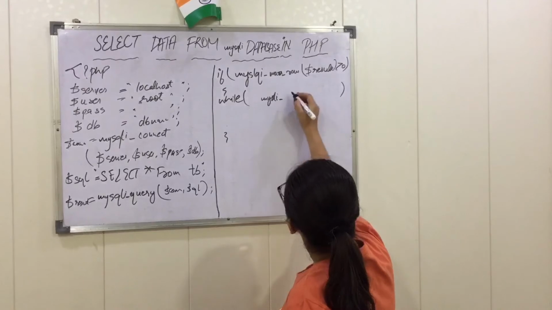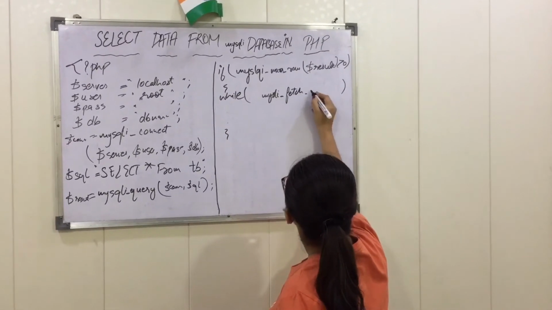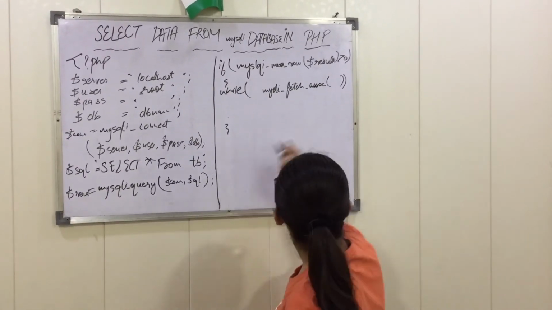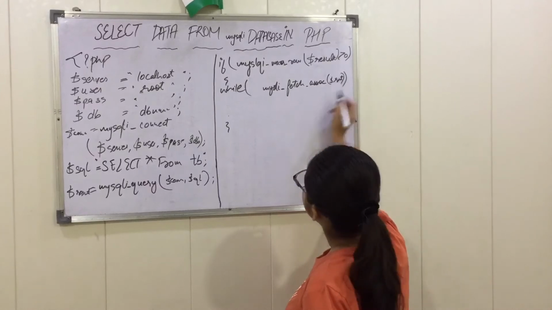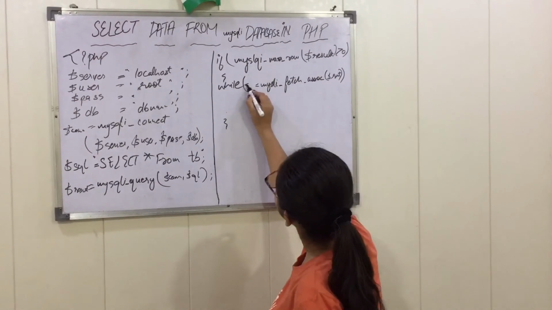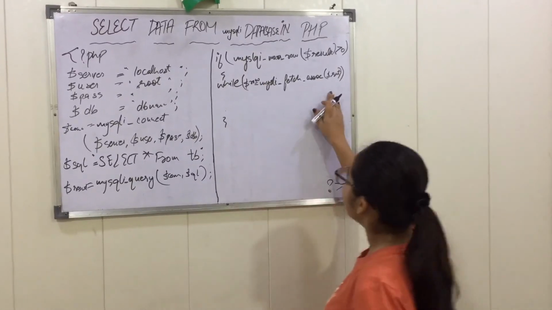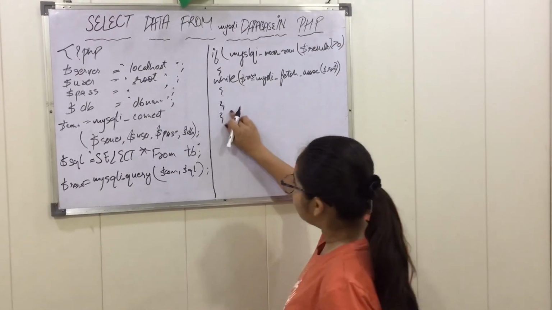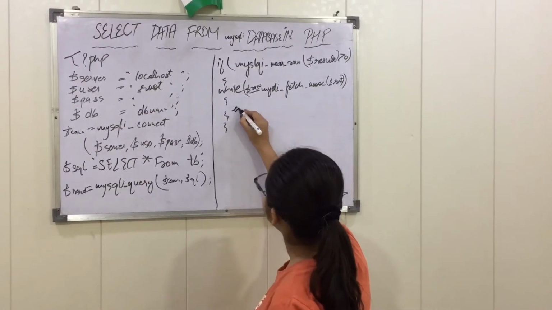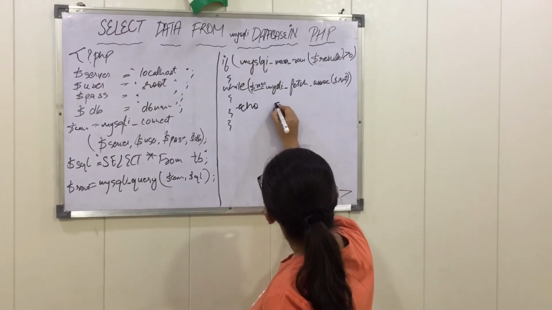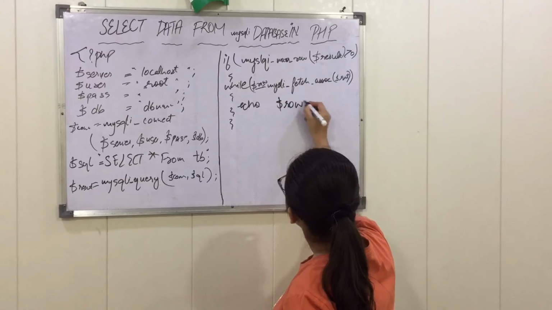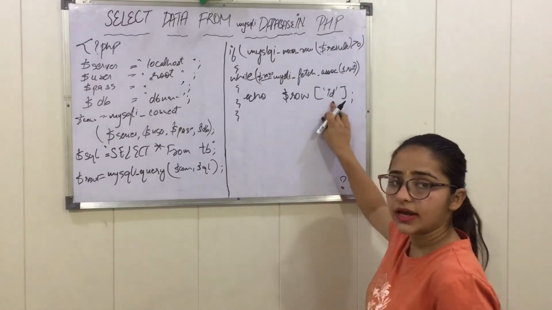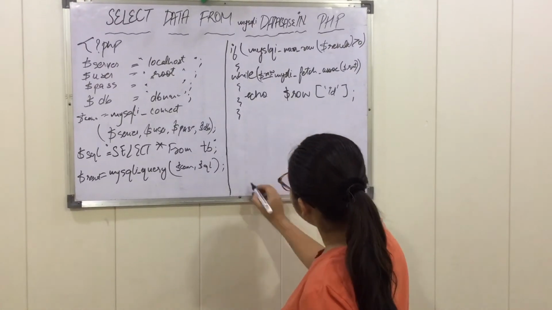In between this we use mysqli_fetch_assoc, passing the value of $result. After that we take this into a variable; my variable name is $row. Then we need to print the rows and the data, with curly braces start and close. Here we will write echo, and in between this we pass the variable $row, asking that the ID value stored in the database should be printed.